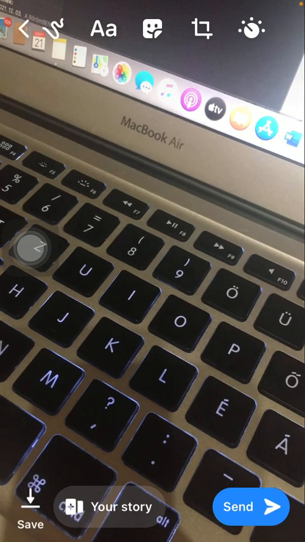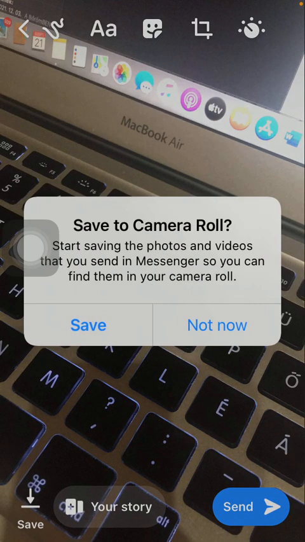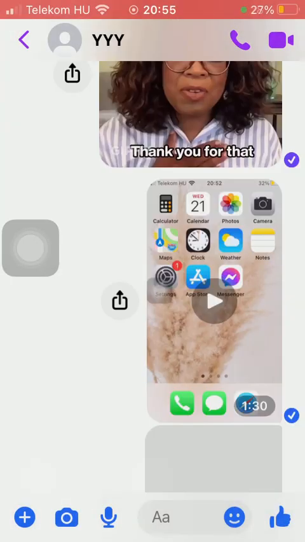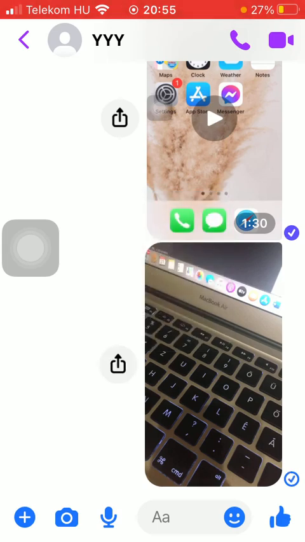Tap on the button send if you are done with editing it, if you want to. As you can see at the top, you have many options. You can draw, add text, stickers, cut it, and so on. So tap on the send button down below. You have the chance to save this picture to your camera roll,